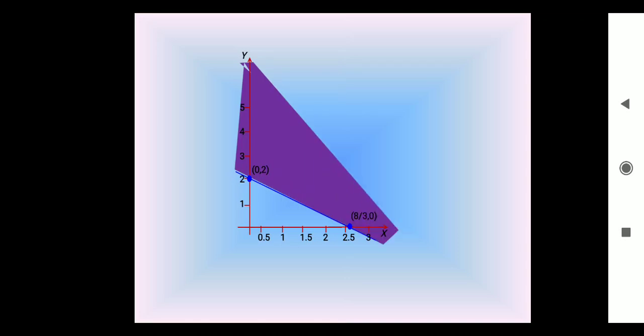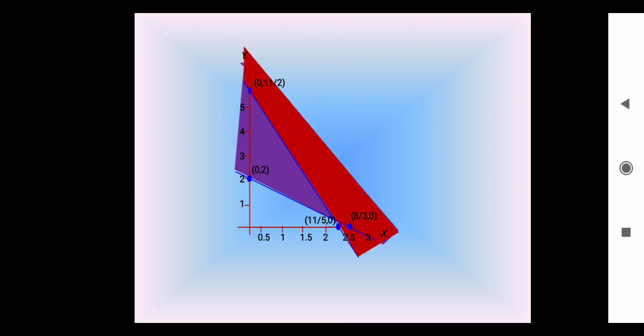Now consider the remaining 2 points. First point is (0, 11/2). Second point is (11/5, 0). Joining the 2 points, again you have to observe the second inequality, that is also greater than or equal to 11. Similarly, when we substitute x and y as 0, we get again a false result. Therefore, we need to shade away from the origin.